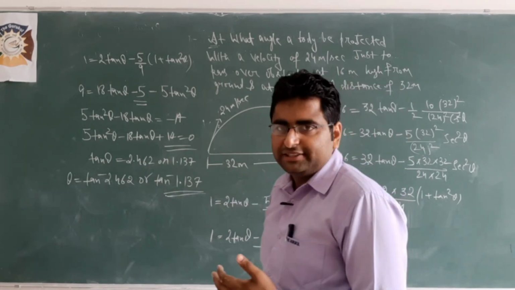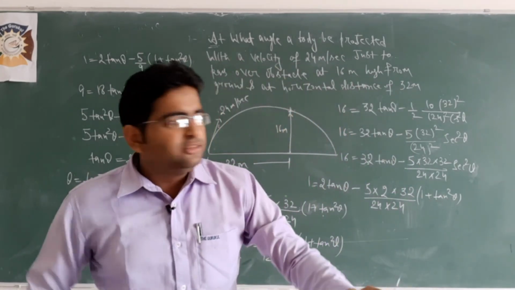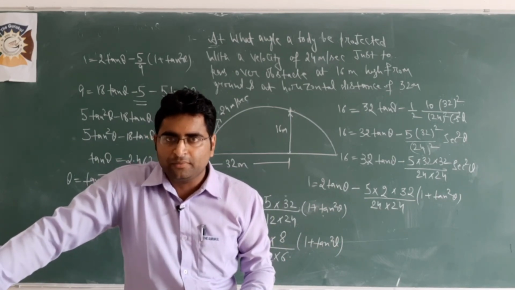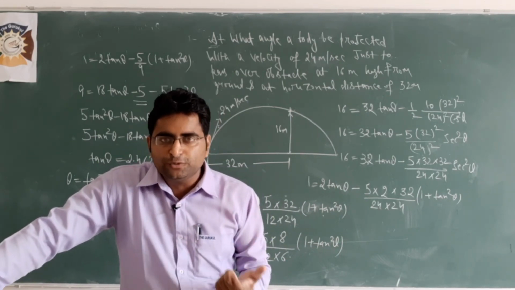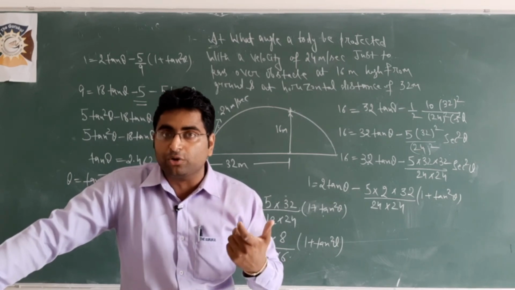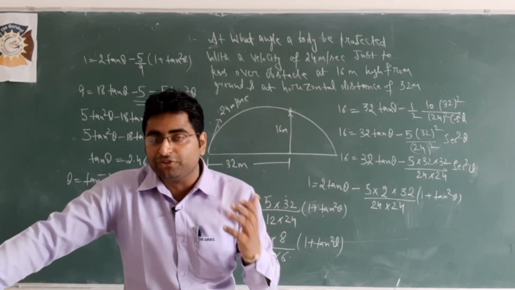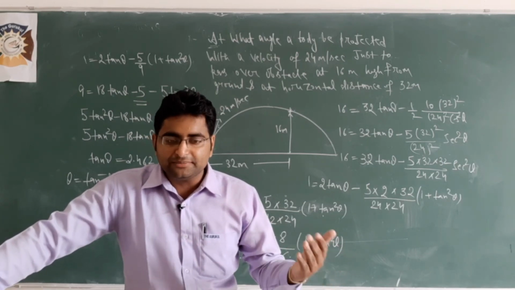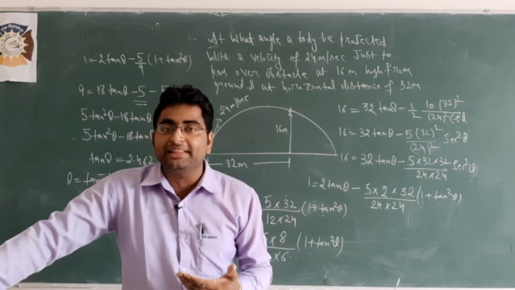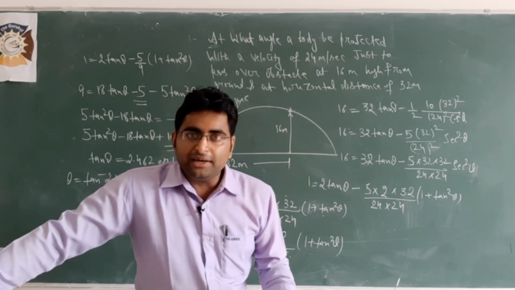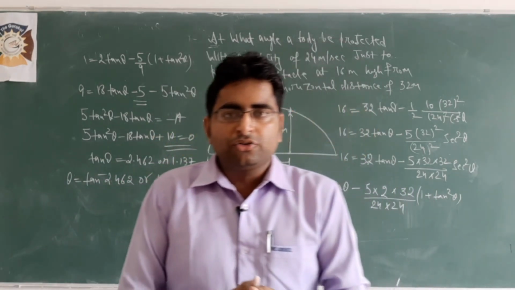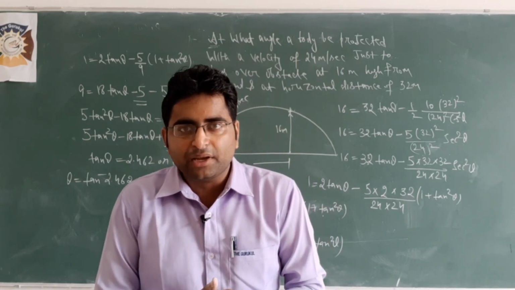So beta, these were the numericals on the basis of projectile motion. In the next video, we will go through the concept of uniform circular motion and the introduction of that motion we have studied in class 9. And in the next lecture, we will do it in detail. So beta, I hope you have understood this. With it, I am finishing this lecture. Have a nice day.